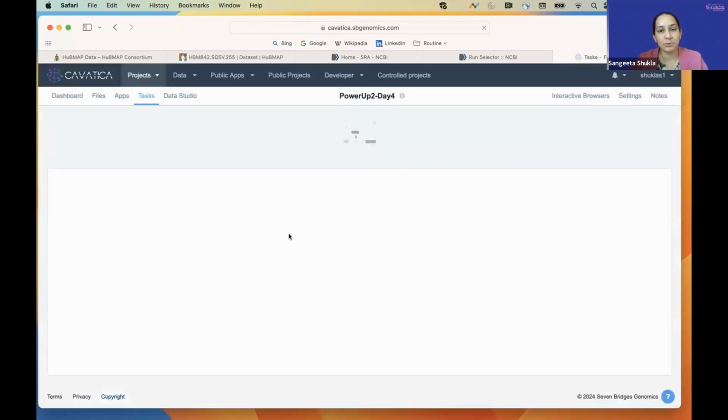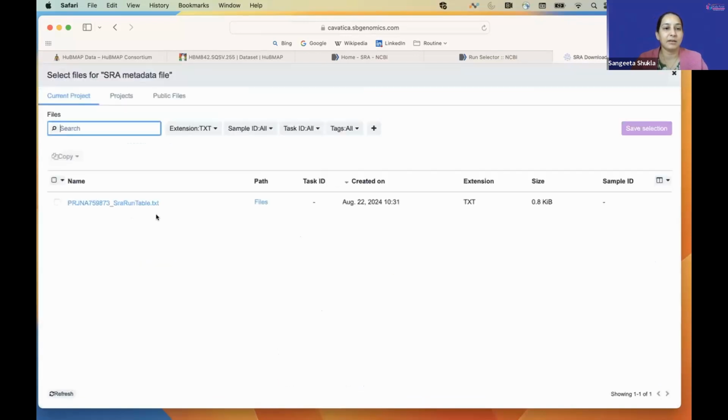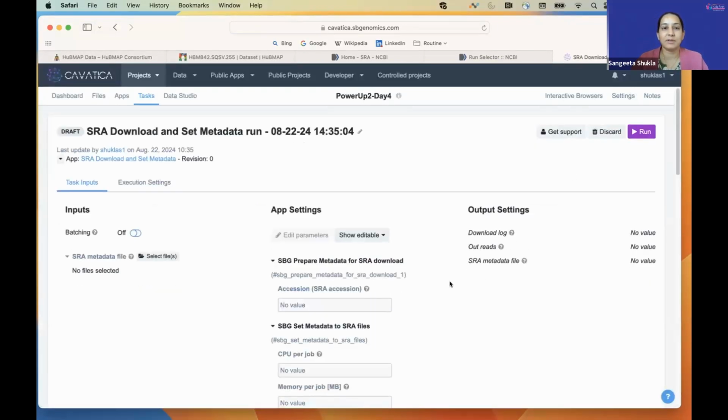And this is going to run pretty quickly because we are working with a small metadata file. So as you see here, I'll go back one step. This was going too fast. We have the SRA download and set metadata app that is available inside the apps tab for us. We can just click on run. When we click on run, it will open up this